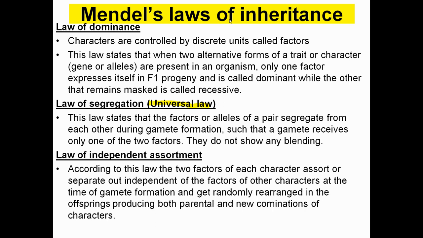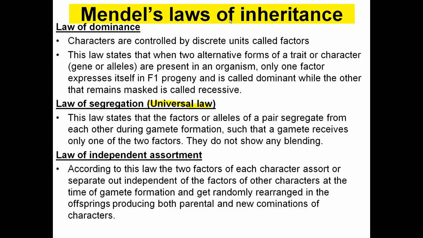First of all, we are going to discuss the law of dominance. As the word suggests, one character of the contrasting pair will appear in the F1 generation. That character will be referred to as the dominant one. Whatever character is expressed in the F1 hybrid will be the dominant one. And the character which is unable to express itself, or which is masked, is referred to as